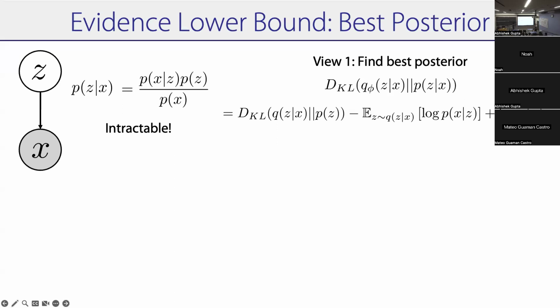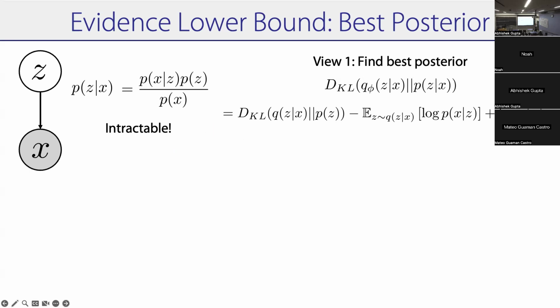So similar to the previous thing, where we're trying to find P of A given optimality and S, here you're trying to find P of Z given X. And this is difficult because in the denominator you have P of X, which is an integral of P of X given Z times P of Z dz, right? So you have to integrate over all Z's, and that's difficult to compute tractably. And so it's difficult to compute that posterior. And so we need to find a different way to compute that posterior.